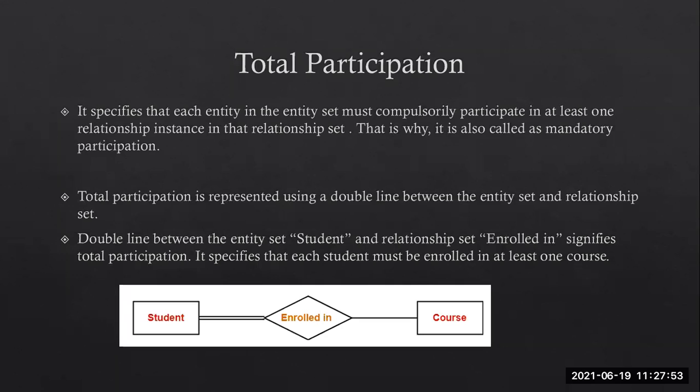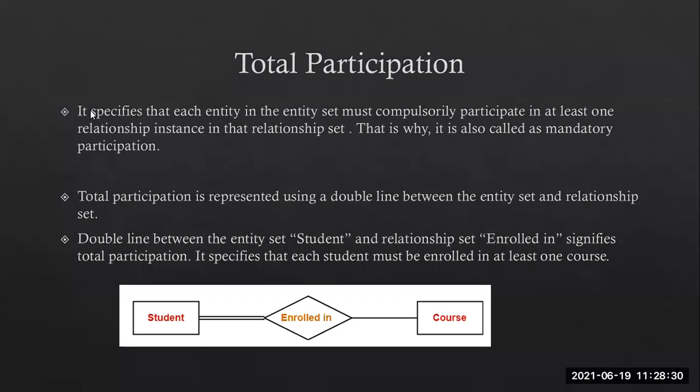Now, these two keywords, we are aware of the basic knowledge: total means complete, full, and partial means half. So where will these be applied between two entities and two tables? What kind of relationship will be there, and what kind of notation are we supposed to use to indicate whether it is a partial or a total participation? Let us begin with the first participation, which is called total, complete.